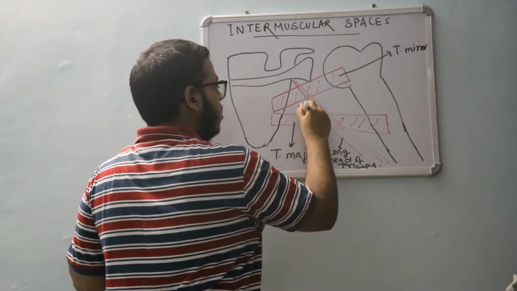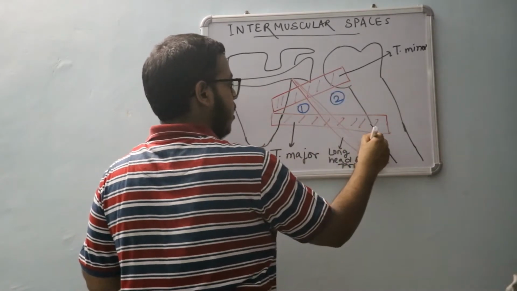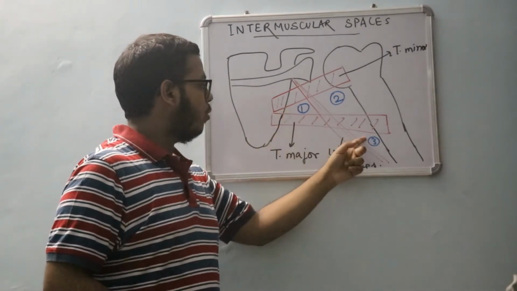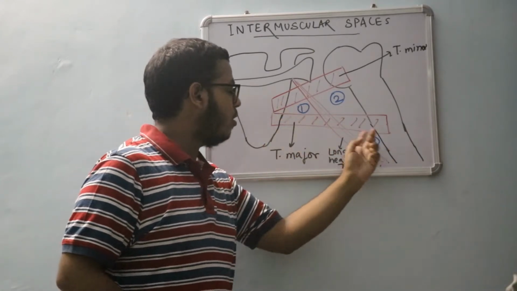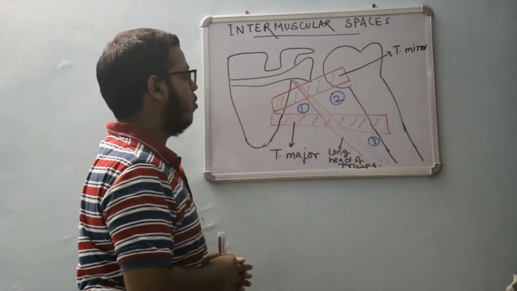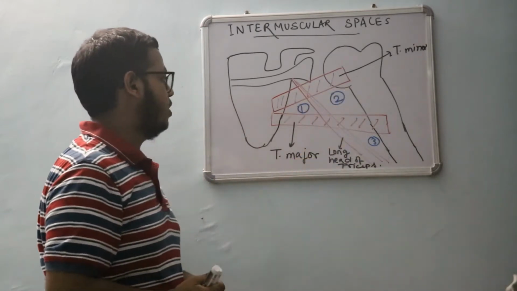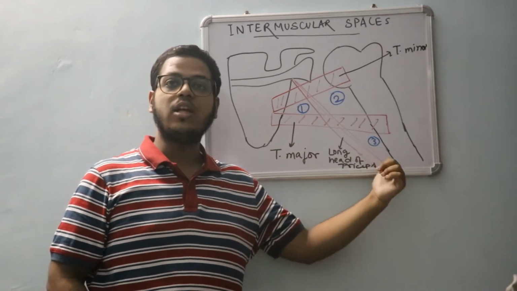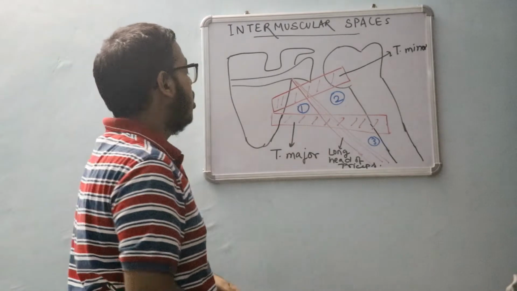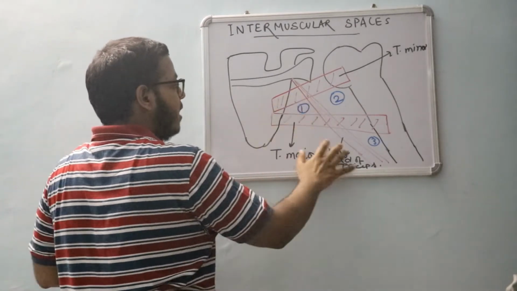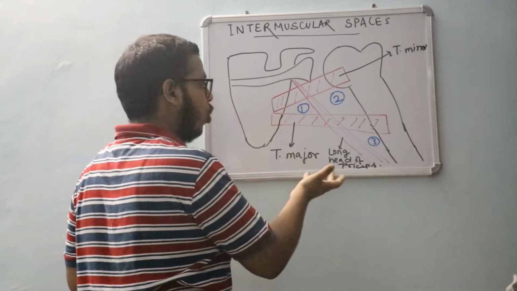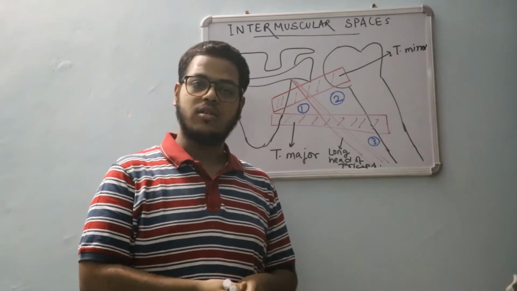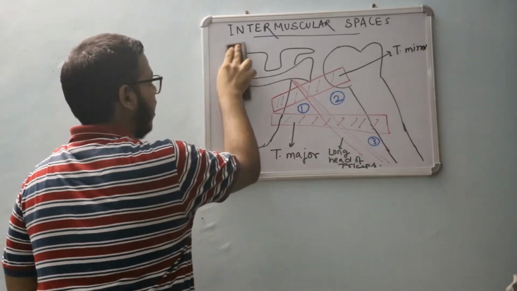So this one, and here over this side. What are the spaces? These are the two triangular spaces. You can see the triangular boundary, and this one has a quadrangular boundary having four sides, so it is the quadrangular space. The one which is above is the upper triangular space, and the one which is below is the lower triangular space. Now these are the three spaces, and each has some important contents. So now let us discuss the individual spaces with their boundaries and contents, starting with the upper triangular space.